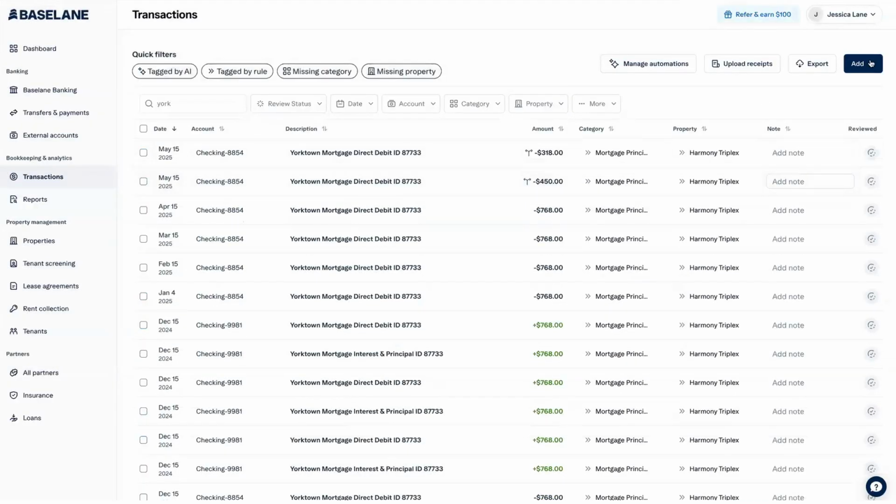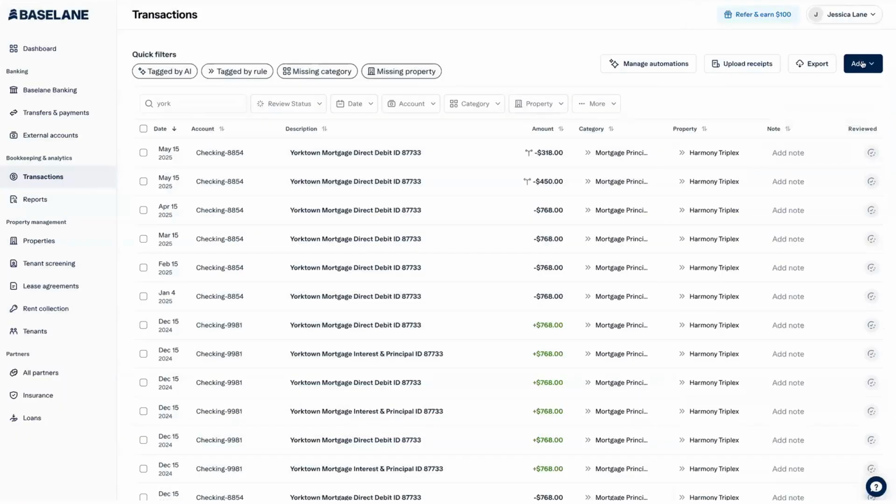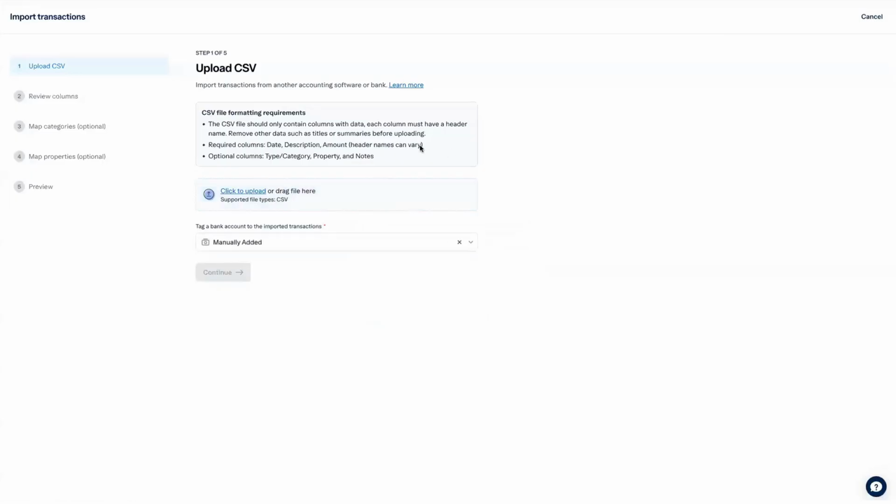Now, you can also upload transactions. You can add them manually. Maybe you paid something with cash and you'd like to report it. You can click add here, and put those details, as well as import transactions via CSV. We do have a Help Center article for CSV, so that way you're doing it the right way. It doesn't get rejected. But what's great is you can upload a CSV file of your transactions, and then you can map them to your categories and properties and such. So that's another way to kind of